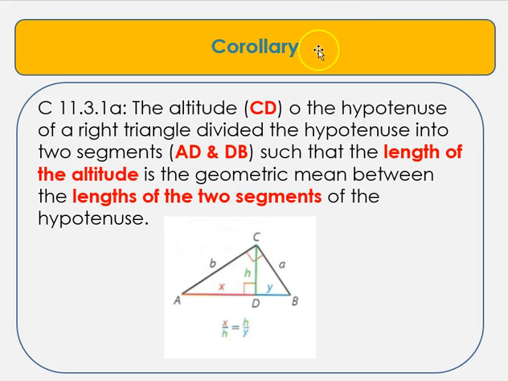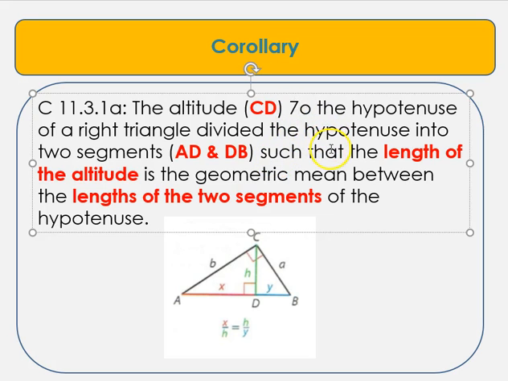There's a corollary. In fact, there are two corollaries to this theorem. We'll have corollary 11.31a, and because there are different proportions that happen when we drop this altitude, we can also do comparisons not just with the altitude. We can do comparisons with different parts of the triangle. So I've actually added the piece of the triangles into this theorem, and the altitude, which would be CD,